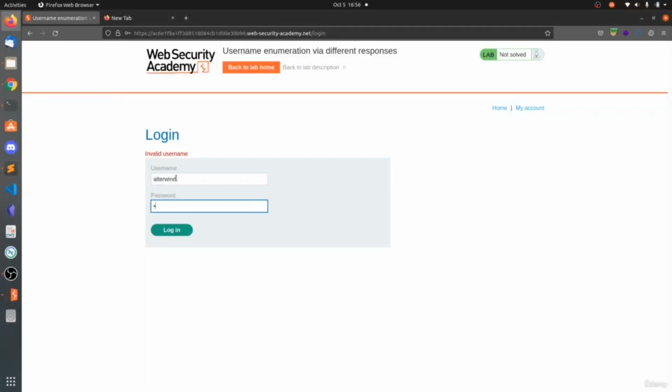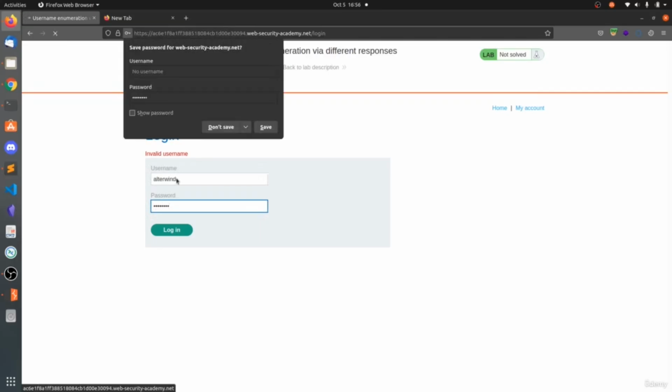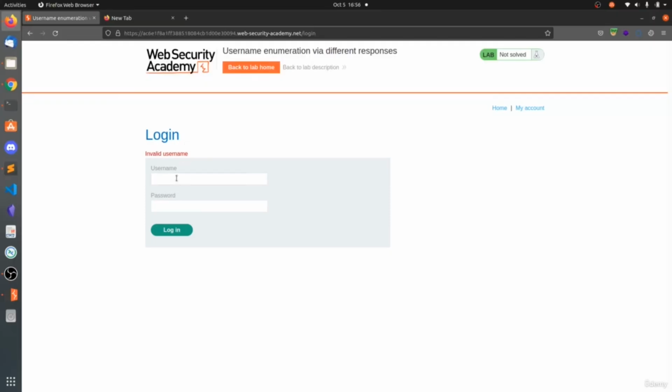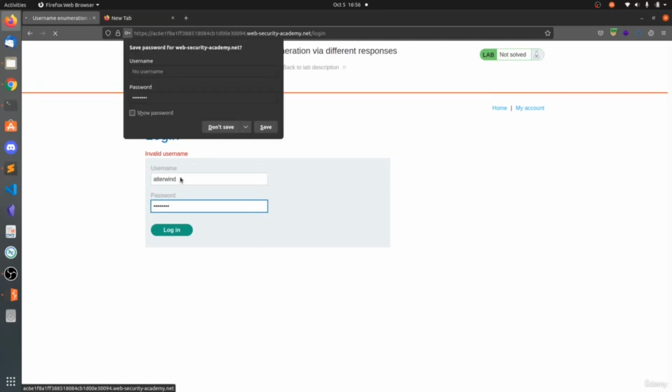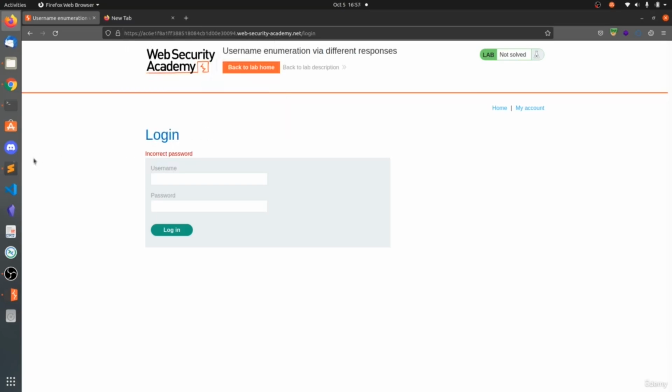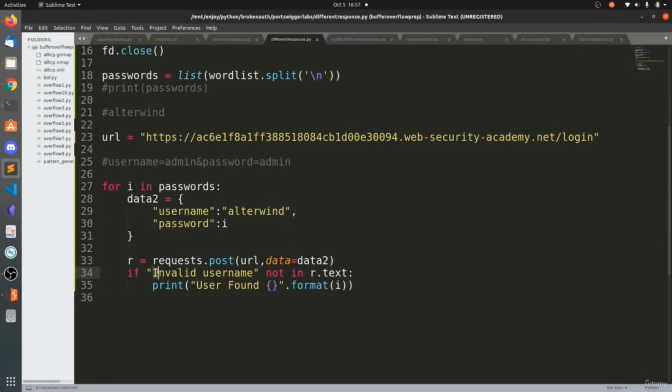Now what we need to do is change this one. Let's go first and say alterwind and test password. Just type random and click enter, and it says incorrect password. So the error message is incorrect password. If it's not in the response text, then that means password found for the user is